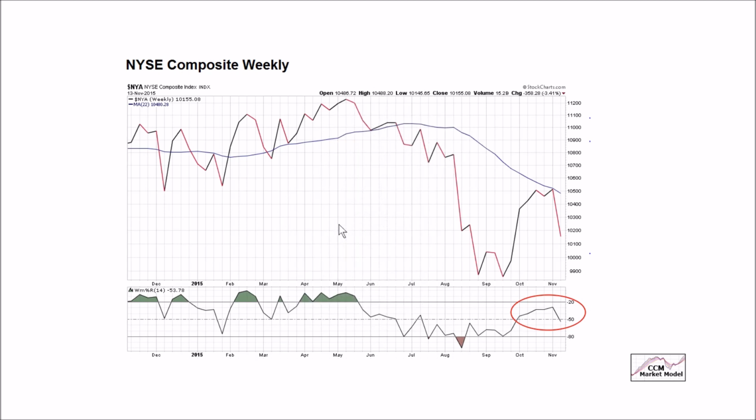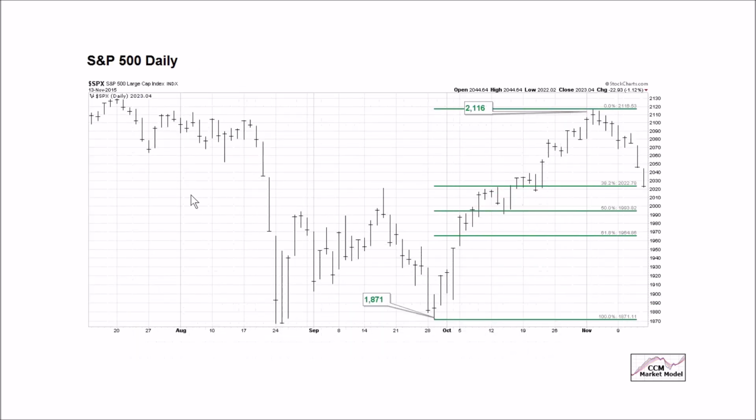Similar concerns here on the broader NYSE composite weekly. This is the 22-week here. Look at the slope. We were not even able to exceed the 22-week and were rejected there. And this is an ugly look here. When you go from oversold, rally, and are unable to move back into overbought, that's very, very weak momentum, and this too is a yellow or red flag along with the slope of this line and the fact that price is below it. Is there any reason for hope, especially short-term going into next week?